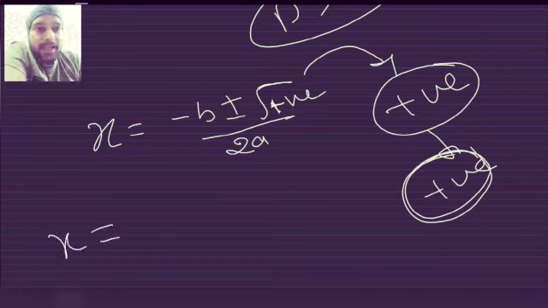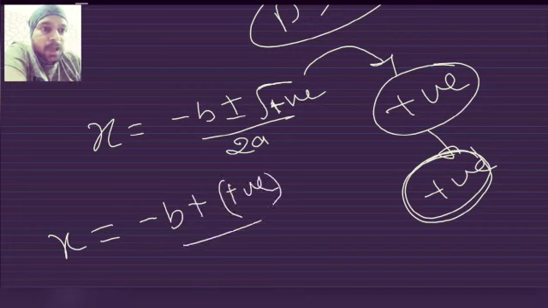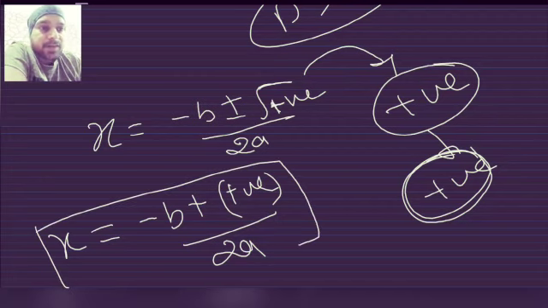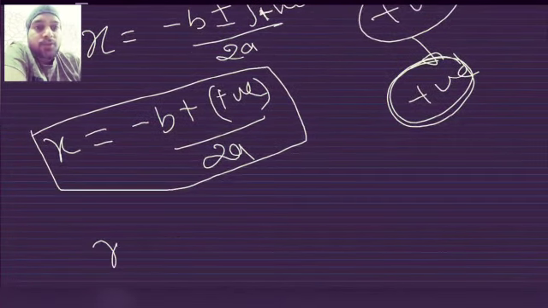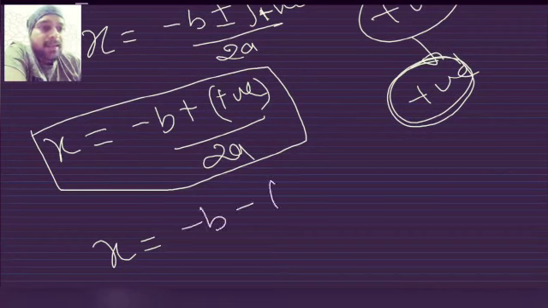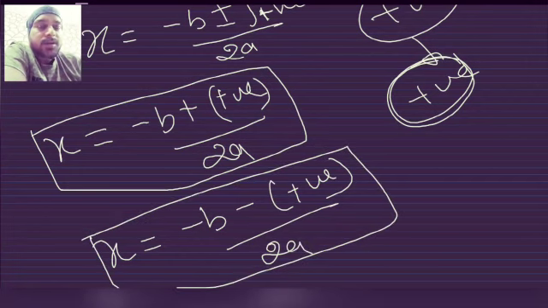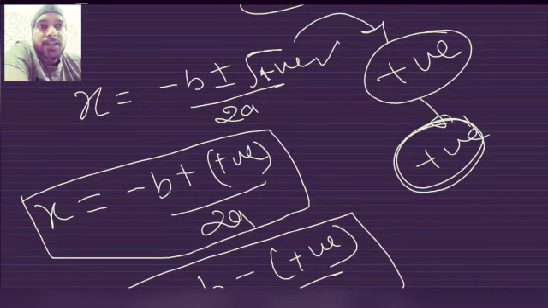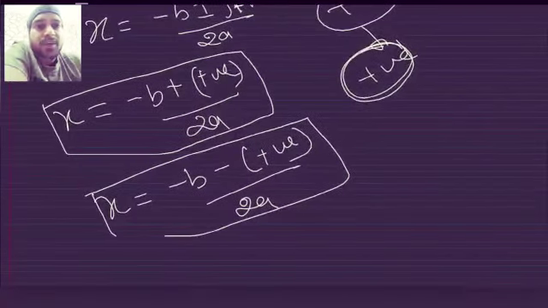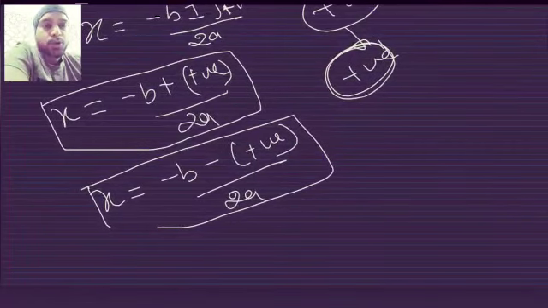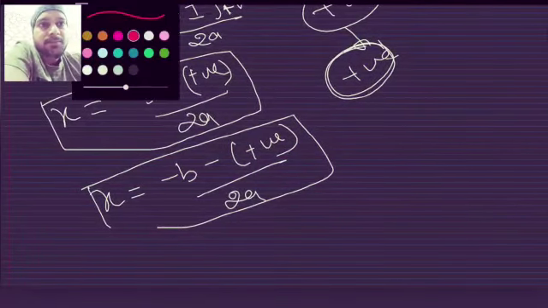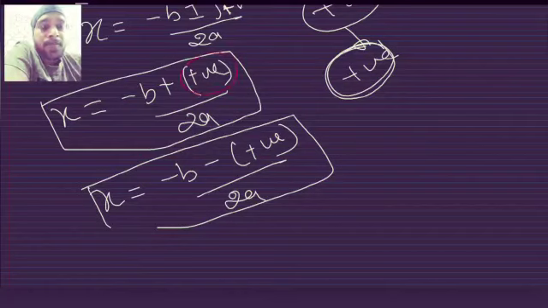So what is going to happen is that x will be equal to minus b plus some positive number upon 2a. That will be the first value of x, and the other value of x will be minus b minus some positive number upon 2a. Is it clear? Since our discriminant was a positive number and the under root of that will be a positive number, the two answers of x are x equal to minus b plus some positive number, and x equal to minus b minus some positive number, with 2a common in both, right?